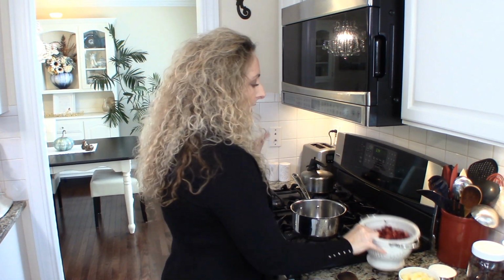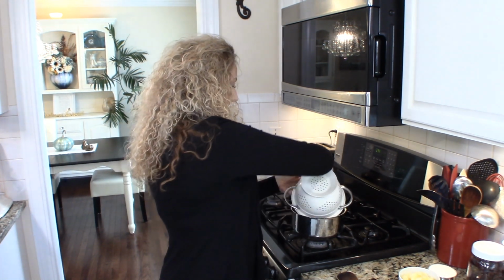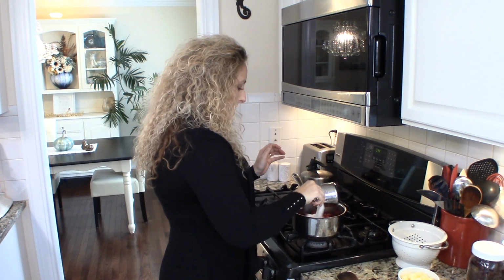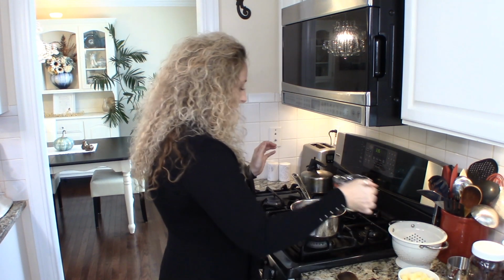So good. And if you've never made whole cranberry sauce, no worries. It is one of the easiest things ever to make. So that's what we're gonna do. What you need is a saucepan. We need one 12-ounce bag of fresh cranberries that have been rinsed, and I always sort through them, make sure there aren't any bad ones in there. This is a one pot kind of deal. And then to that we're going to add 1 cup of sugar, 1 cup of water,